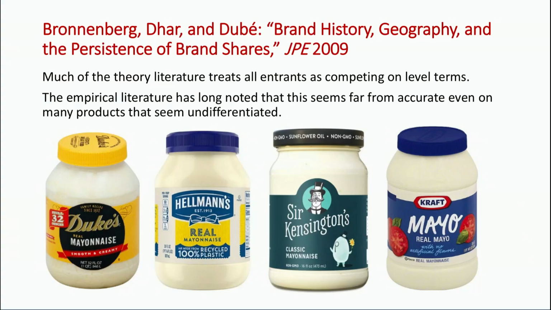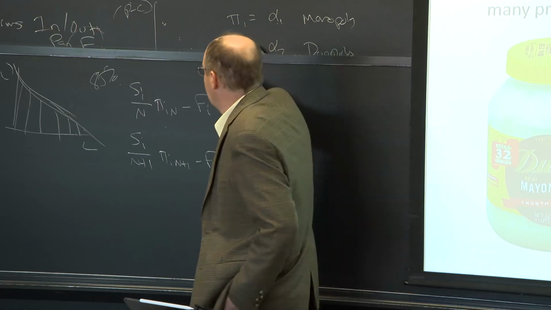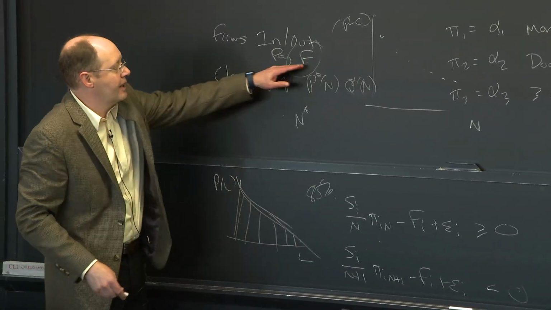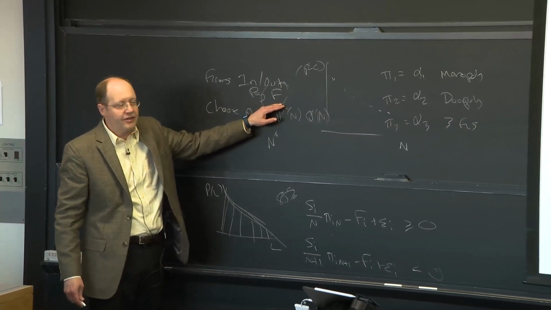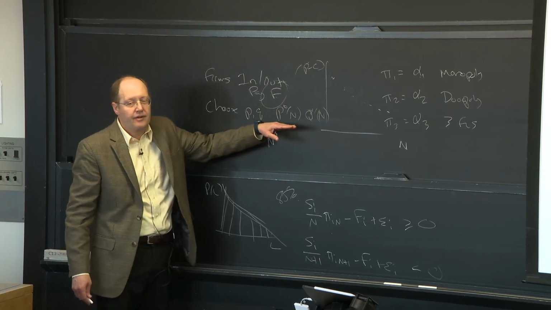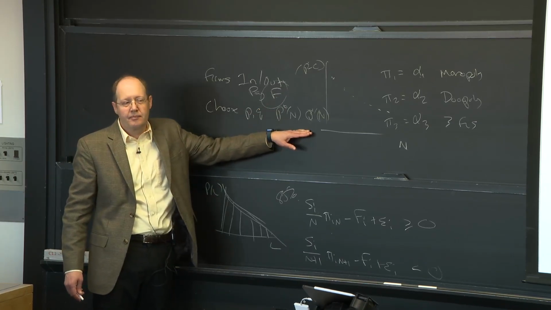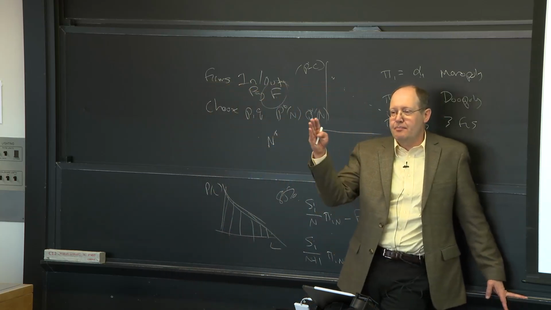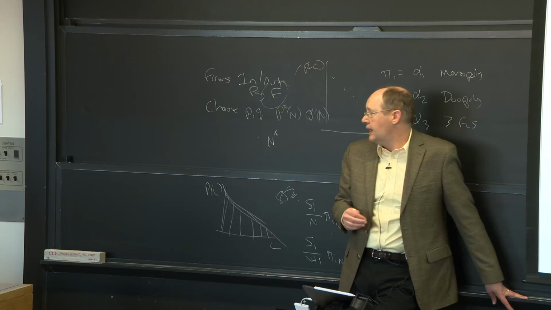Okay, so then the final thing I want to do is cover a couple papers that are, in some sense, arguing that often these entry models are doing the wrong model of entry. Most of the models of entry that I discussed in Troll's textbook are of this variety. We have some large population of firms, and they're all choosing in or out, paying a fixed cost. And then once they enter, there's this symmetric competition between them. I think we know, though, that on the radio, as an example, it's not symmetric competition. There are some big firms and there are some small firms.